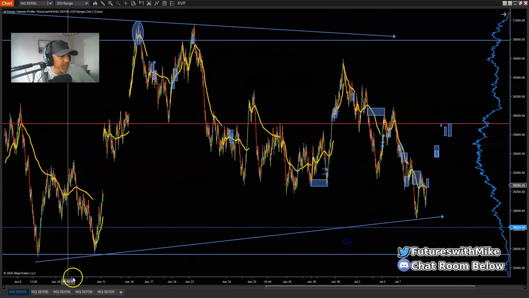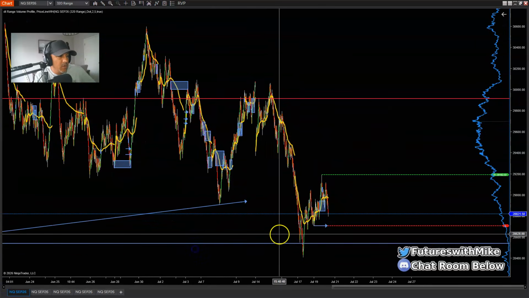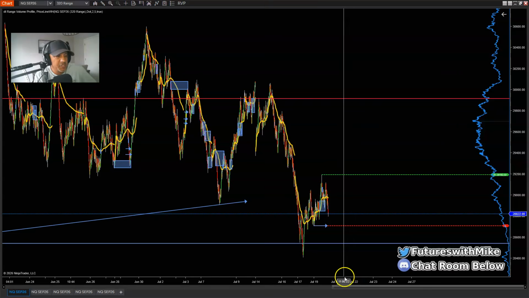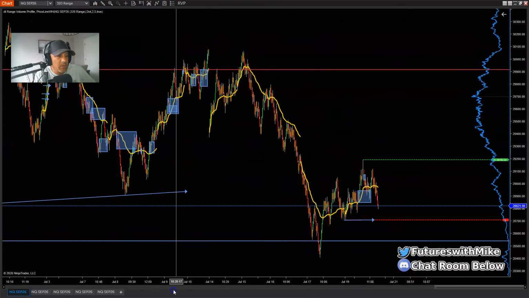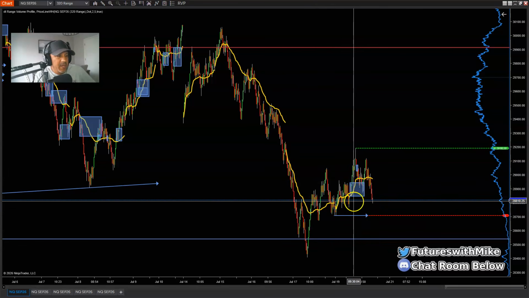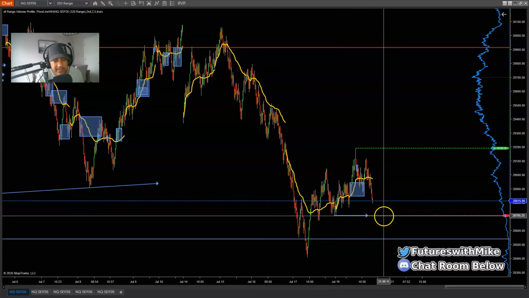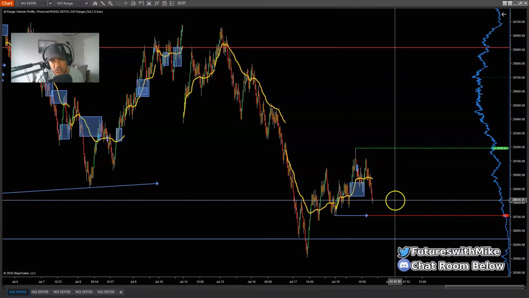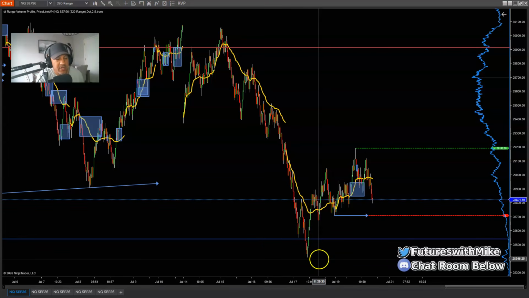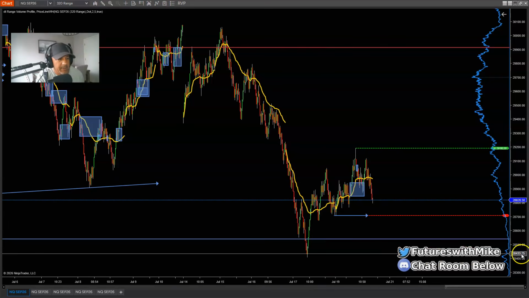And eventually, as you can see, we came down and broke below that blue line, which is a major low. We may continue pushing lower, not sure. But as it stands right now, we are pushing to the upside, and we do have a bullish channel. Now, if the market breaks below this low, I am definitely going to be looking for opportunities to trade short to the downside, especially if it takes out that major low right there. This is a new major low the market just created, okay? I believe that was from Friday's